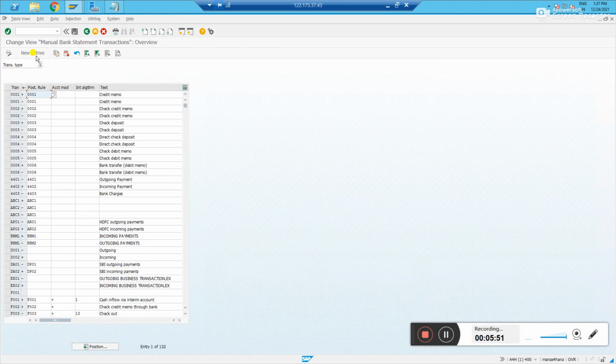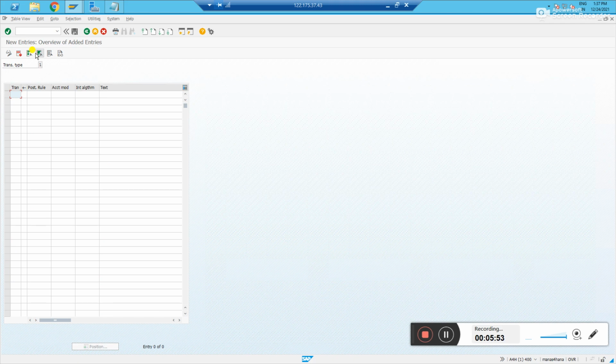Let us click on New Entries. Let us create two new posting keys, one for outgoing and one for incoming. Let me add KP01, with a minus sign, outgoing.